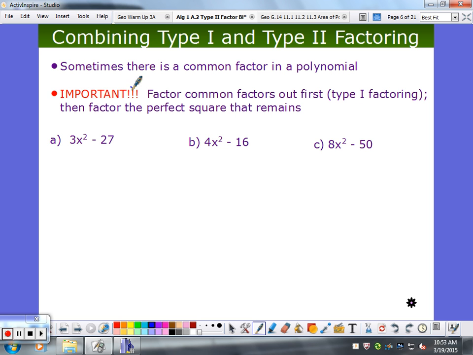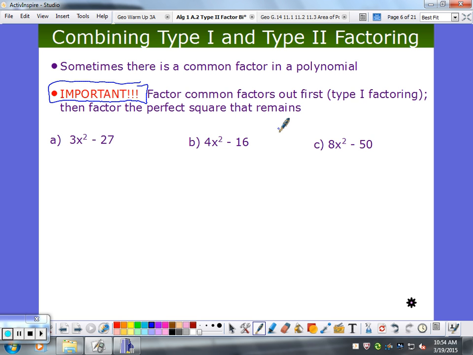Now look at this. How come it says this word here? Why do you think that? It's red with all kinds of exclamation points. It's important. Yes! And if you look on the middle of your paper there, right above that middle punch hole, see where it says important? Yeah. So you might want to put a box around that. You must factor out any common factors first